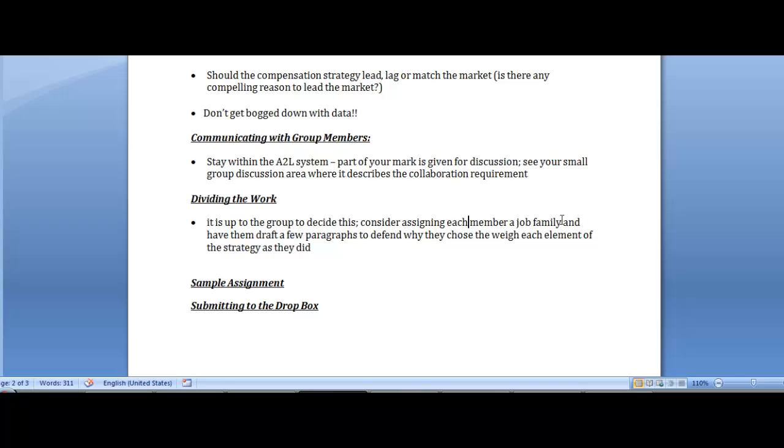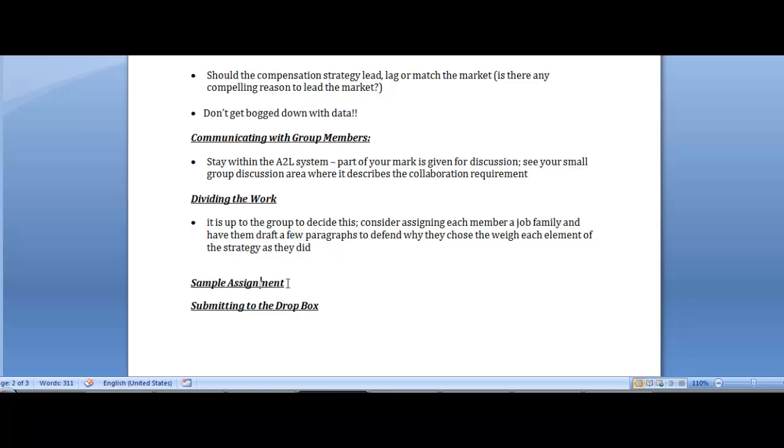Again, I encourage you to share your work so that somebody makes sure that the project hangs together, right? So you should have somebody proofreading and making sure that when it all goes into one document, it all kind of hangs together and makes sense. Okay, now